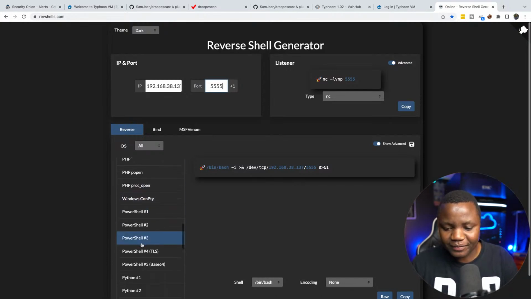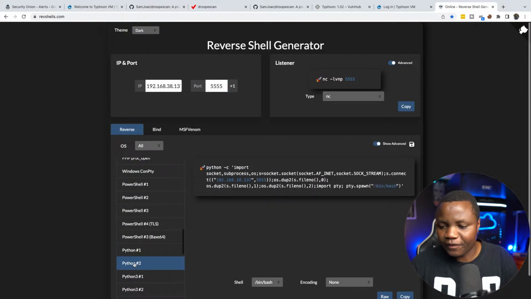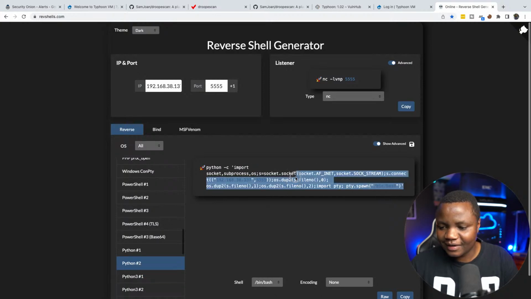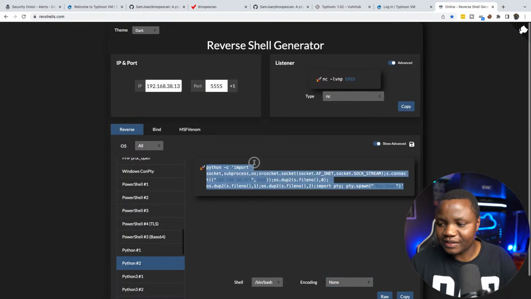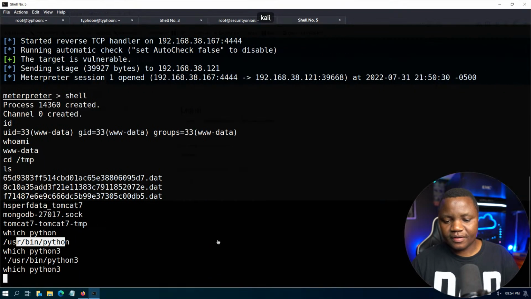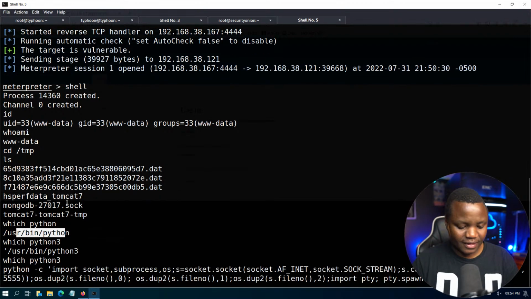So let's use Python. That's too fancy for me. I just want a simple Python import like this one. You can encode, which makes it fun, like URL encode, to try to hide. I don't want to encode anything because I would like to see what that looks like. There's a copy. So if I do this and run,